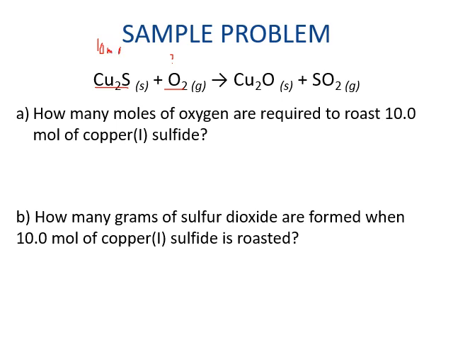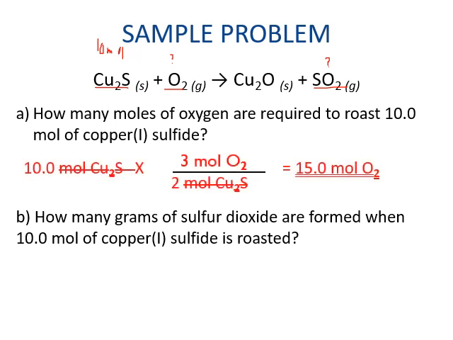Okay. Right, and then question number 2, how many gram of sulfur dioxide, this one, are formed when 10 mole of copper sulfide is roasted? The same thing, 10 mole of copper sulfide. So we want to know this mole. We want to know how many gram of this. Okay, one is mole, one is gram. Okay. Okay, so the solution is you have 10 mole of copper sulfide times by